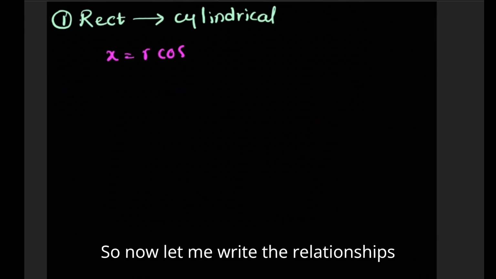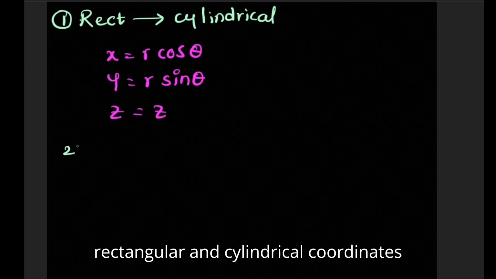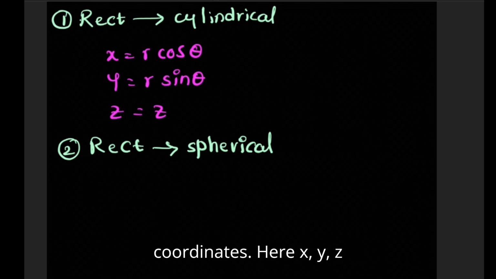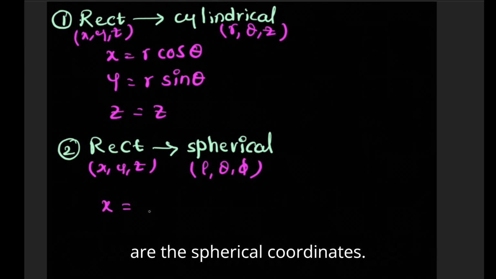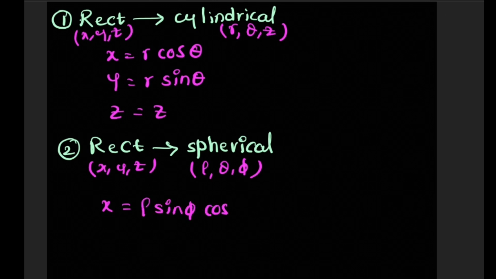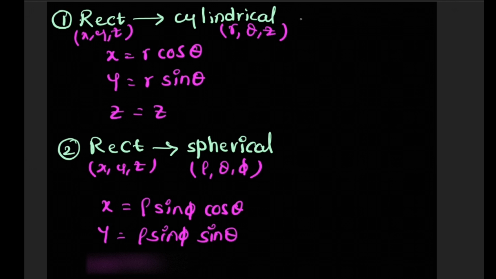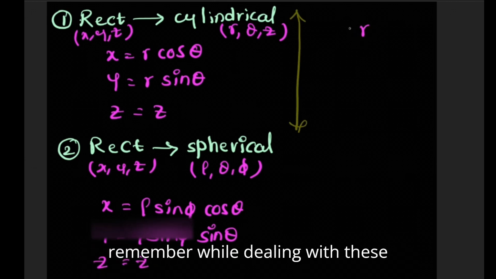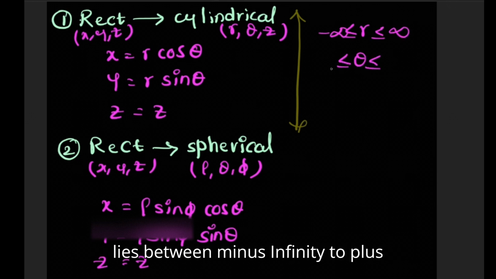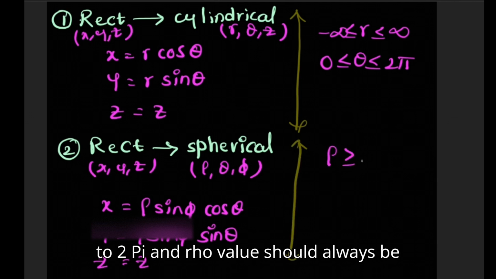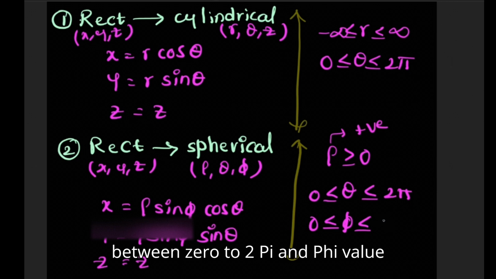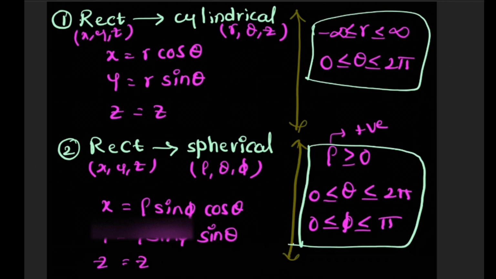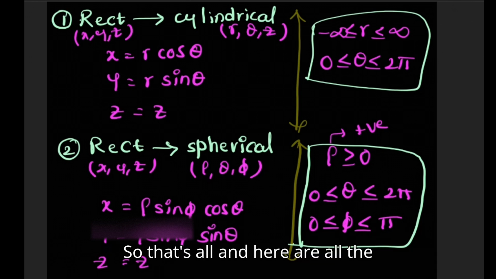So now let me write together the relationships that we have obtained between rectangular and cylindrical coordinates and between rectangular and spherical coordinates. Here x, y, z are the rectangular coordinates, r, theta, z are the cylindrical, and rho, theta, phi are the spherical coordinates. The important things that we have to remember while dealing with these coordinate transformations are: r value lies between minus infinity to plus infinity, theta value lies between 0 to 2 pi, and rho value should always be positive, so that it is always greater than or equal to 0, and theta value lies between 0 to 2 pi, and phi value extends from 0 to pi. So that's all, and here are all the expressions we needed, and in the next video